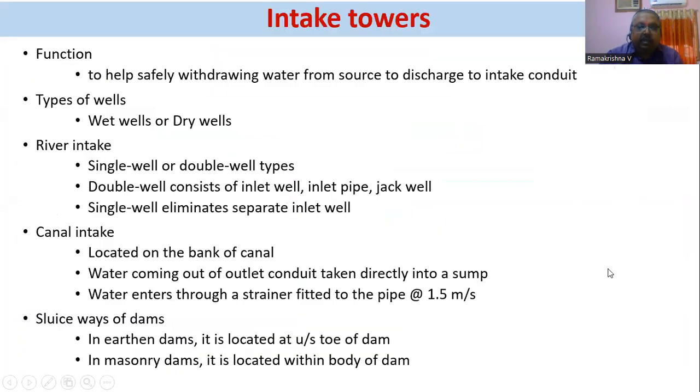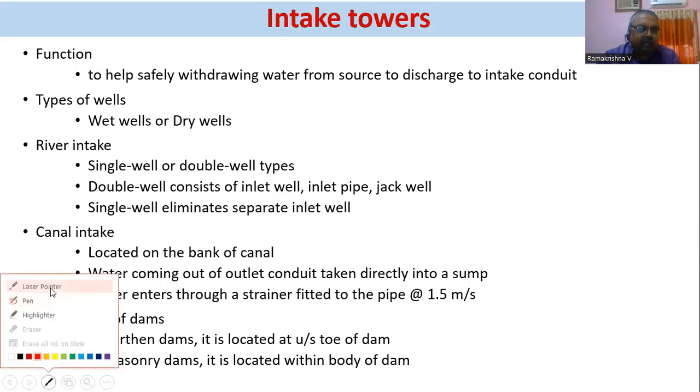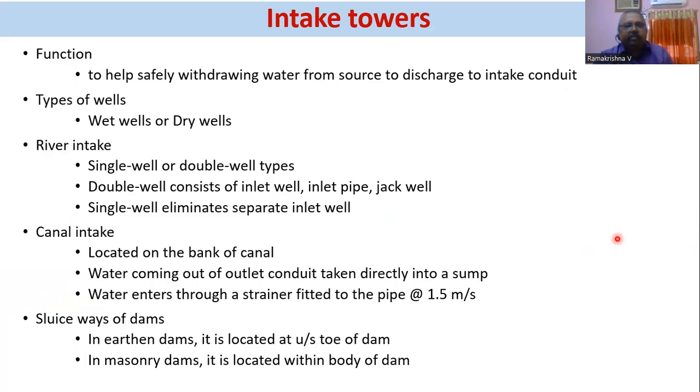Whenever we select a water source, the water should be collected from the water source for subsequent processing through a water treatment plant, and it should go into a distribution system. So the structure we are going to use to collect water from that particular source is called the intake tower. The function of the intake tower is to help safely withdraw water from the source to